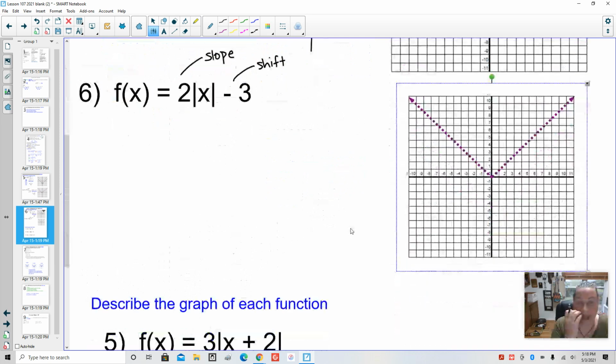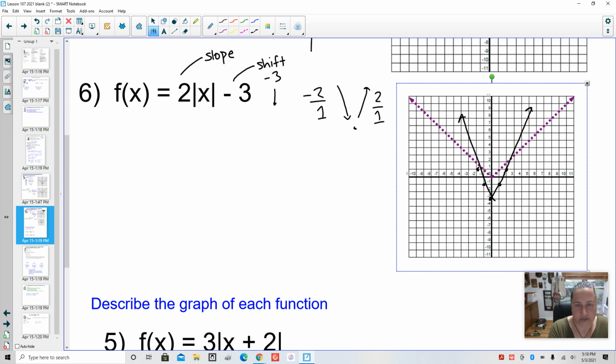All right, let's take a look at this. So now we have a different slope. We have a slope of 2. So coming in, it's going to be a -2 over 1. So it's going to be steep. And going off out of the vertex, it's going to be also steep at a +2 over 1, right? And we're shifting the whole thing at a -3, so -3 down. So we are going to start at a -3, and instead of going up 1 over 1, we're going up 2 over 1, up 2 over 1, up 2, back 1, up 2, back 1, and we get a much narrower